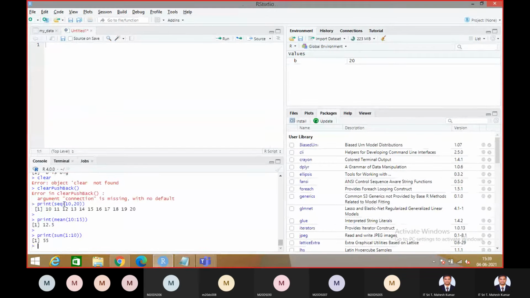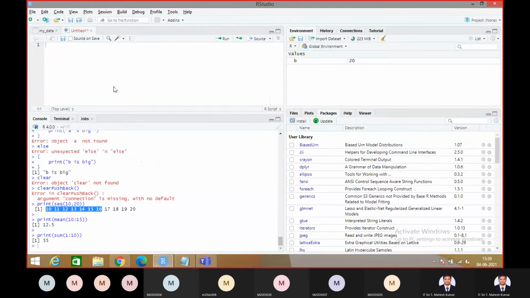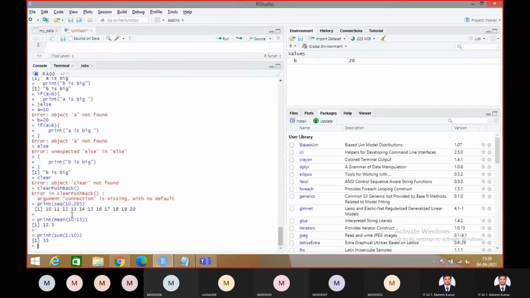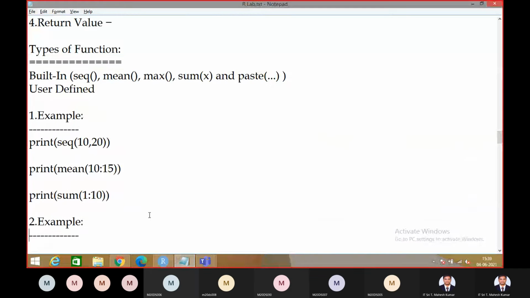Print sequence of 10 to 20 means it is going to display from 10 to 20. And from 10 to 15, if I want to find the mean, this is the mean value. From 1 to 10, the sum is 35. So like that, we can use these built-in functions, right?